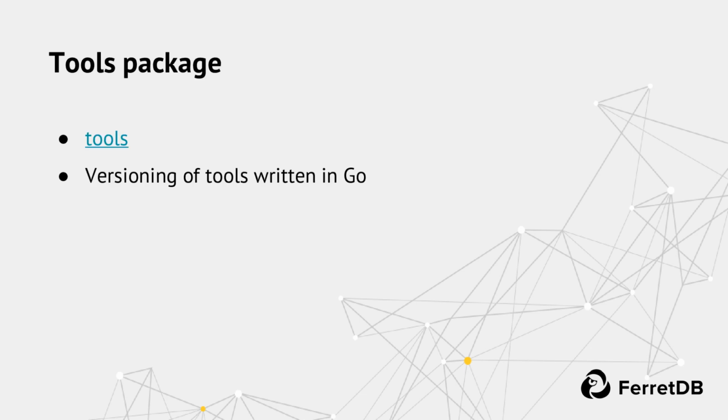Then we have one more approach to manage dependencies. So I already mentioned that we use GoTask as one of the helpful tools, and we also use Golang CI lint, and those tools are written in Go. So if we want to run them on CI, or even if we want to run them on our own machines, we need to install them somehow. And again, that's quite a popular approach. We have a special package called tools, which just has a go.mod file where all those dependencies are listed, and it helps us version tools written in Go. So it's really easy to install those tools on any setup. That's quite a typical approach. You can see it in many different applications written in Go.